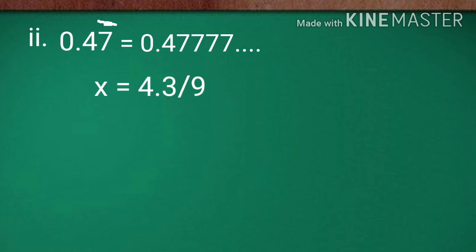So which will become 4.3 divided by 9, as you can see on the screen. But when we shifted, for the value of x, we are getting 4.3 in the numerator. We are getting a decimal number in the numerator, isn't it? So that decimal point has to be cancelled. To cancel that decimal point, what we are going to do is, we will divide 4.3 by 10, because there is only one number after the decimal point. That's why we are dividing it by 10.